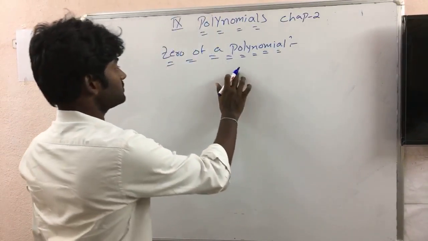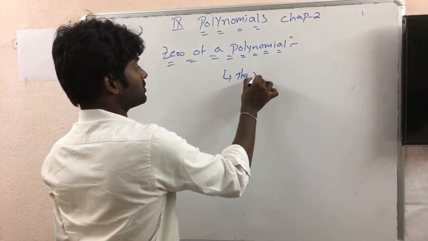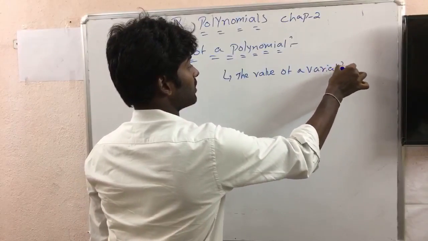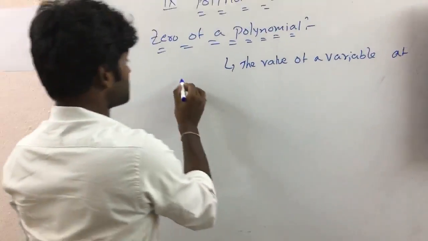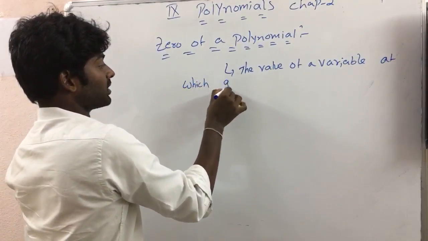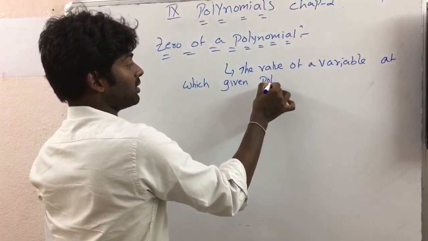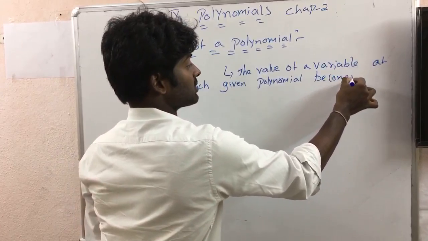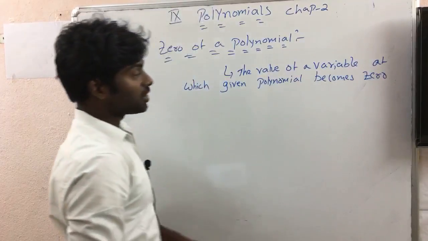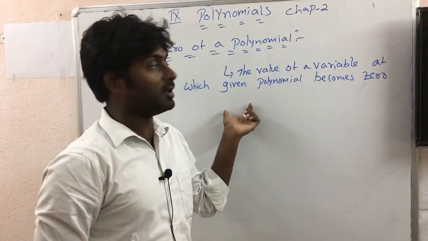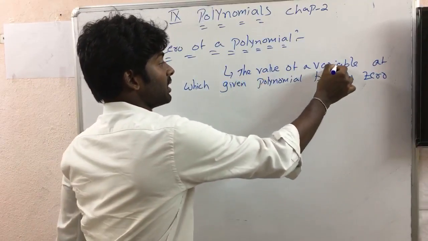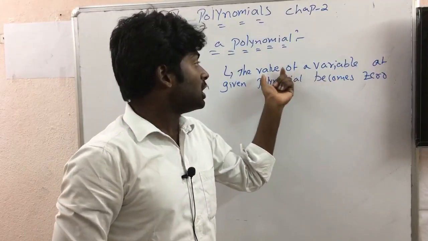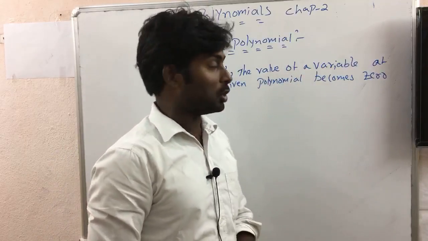See once, the value of a variable at which the given polynomial becomes 0. That means if you are given a polynomial, if you substitute the value of variable as any number, then if the given polynomial becomes 0, the value of the variable is said to be the zero of the polynomial. For example,